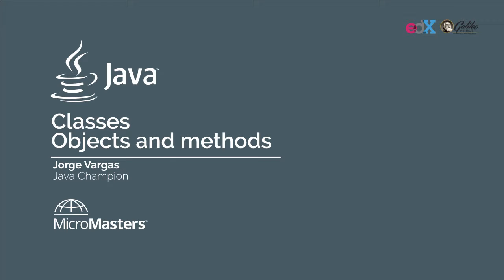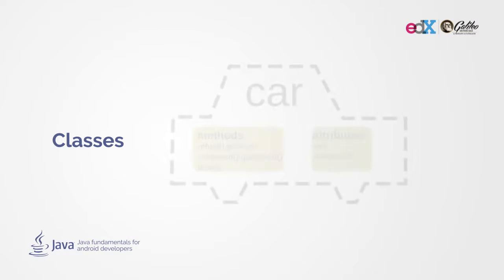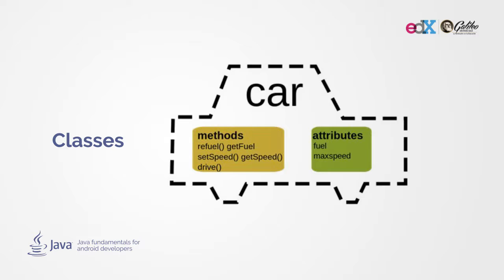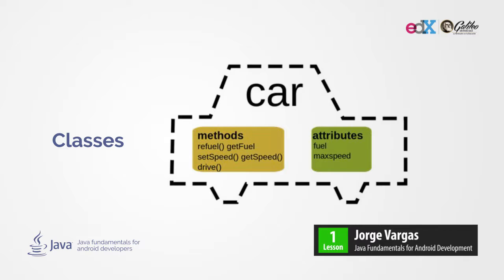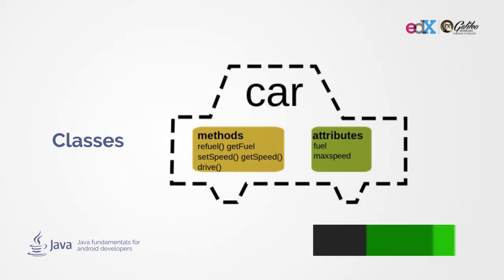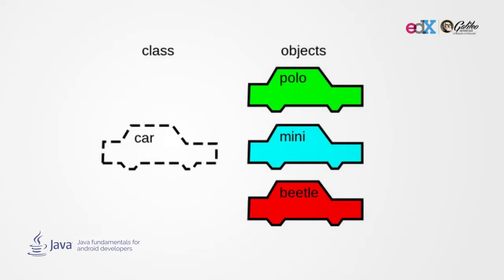Classes, Java classes are a special and important concept to understand. Think of a class as a set of characteristics that your code can take. We use classes like templates to create objects. Java is an object-oriented programming language, so in this course, you will learn what objects are and how you can